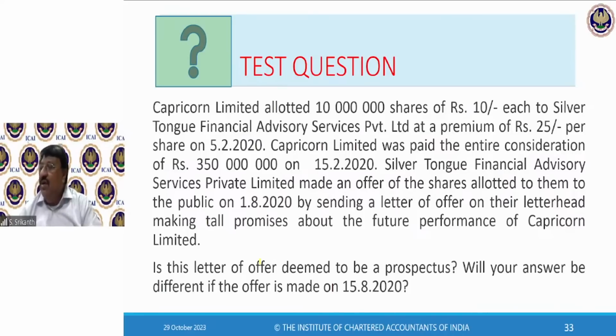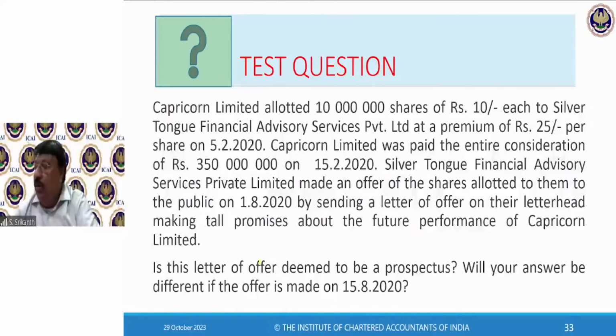Correct. Gunjan Devi gives a nice answer. I will read it. That is a correct answer. So everybody who gave that answer is correct. Gunjan Devi's answer is being read now. Yes, it will be treated as deemed prospectus because there are some days left for 6 months to get over. Correct. Some days left. From 1/8, you still have the 2, 3, 4. At 4 midnight only, 6 months will get over.